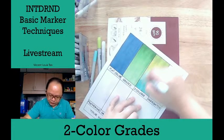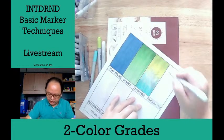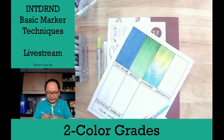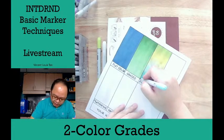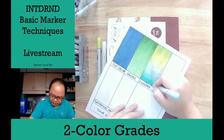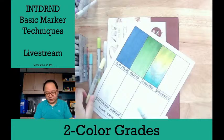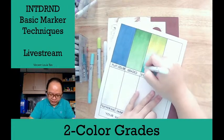So now you have like two ombre effects fading into each other. You can emphasize some colors, of course, by adding a little bit more. Put a little bit more here at the bottom kasi parang nag-fade or parang nag-bleed yung color. And then if there are still some streaks, you can always go back to it and try